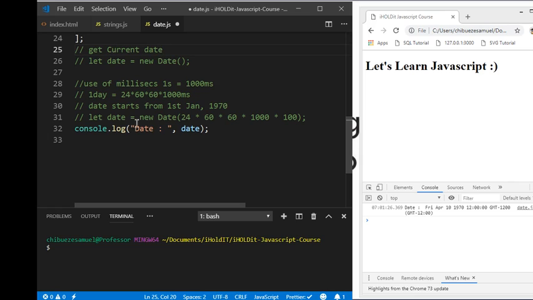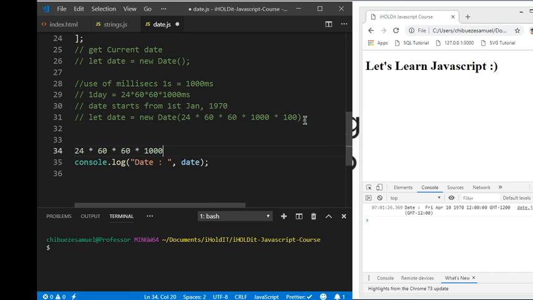Get current date, use the number of milliseconds. That's one way we can. I've already misplaced this. So, okay,